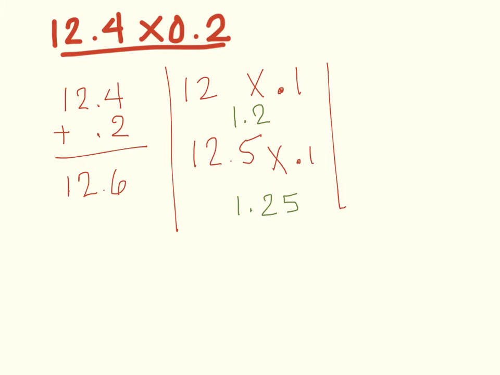Well, I know it's going to be greater than that because, sorry, I got interrupted by a loud noise. So I think as I was saying, you can tell that 0.1 is half of 0.2, so actually my answer will be double 1.2 or 1.25, so it'll be 2 something. So that's my estimate. The next thing I'm going to do is multiply, and I like to multiply without the